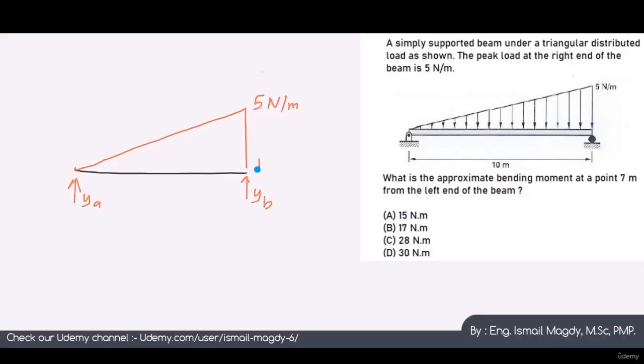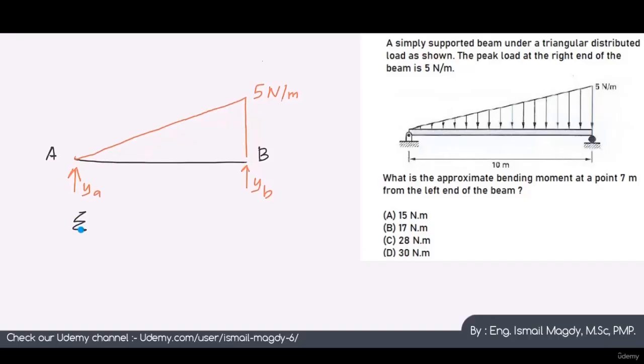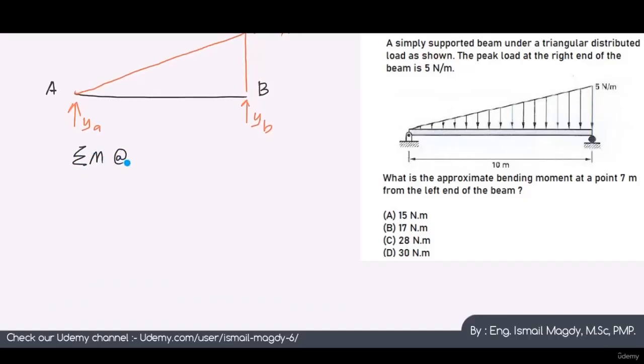If we consider this point B and this point A, and we will ignore the horizontal reaction of the pin support because we don't have any horizontal forces here like we normally do. So let's start by calculating sigma of the moment at point A, which will equal to 0. So we have YB multiplied by 10 equals to,